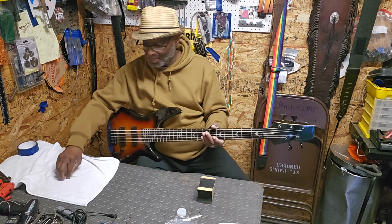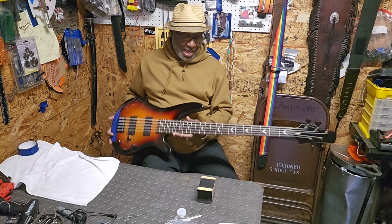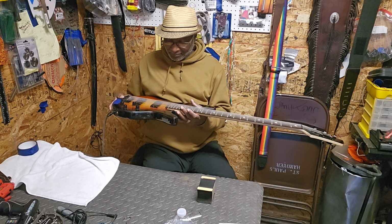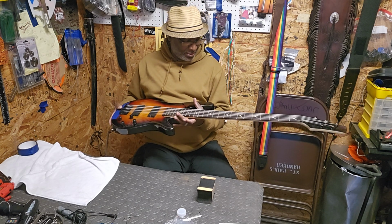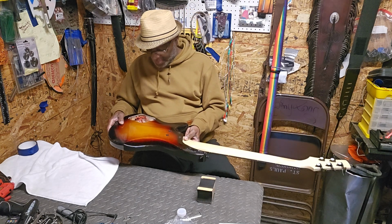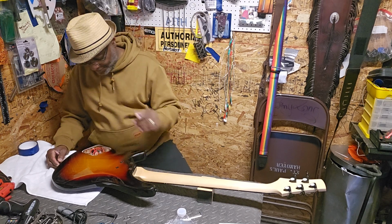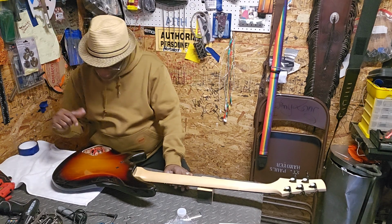So, what's my A and B and C of this bass? Actually, I really like it. Here's the issue I had with it though. I would have to change the pots. I would personally say that the parts are garbage. They work, but